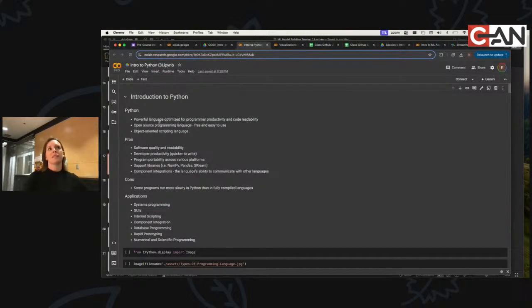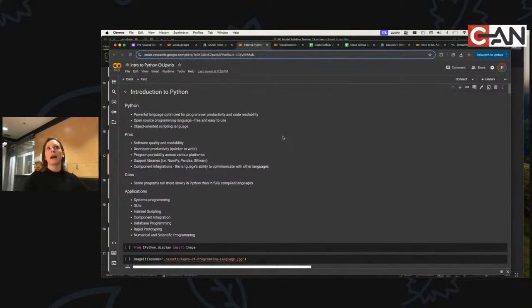Python is a really powerful language that has really risen in popularity. It is not the only language that you can program in to do data science or machine learning, by the way. Another historically popular language, for example, is R, if you guys are familiar with R. There was kind of this battle between R and Python.